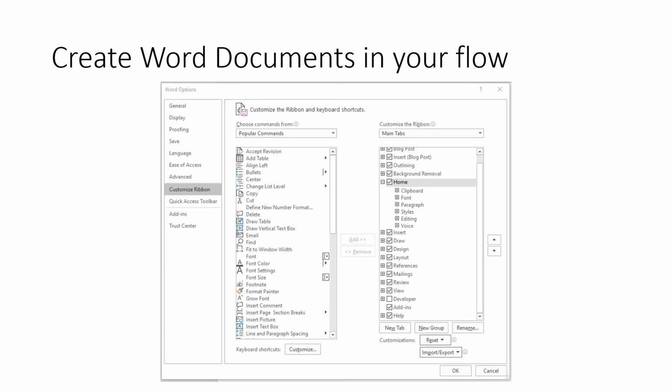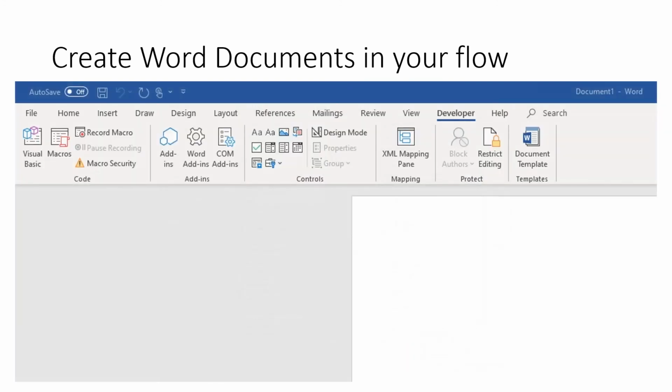Another interesting point is creating Word documents in Flow. These Word documents have to exist in an area that is supported by Microsoft Graph, which means locations like OneDrive for Business, SharePoint, and Office 365 groups. And right now, there are two things you can do with this new connector, once you enable it